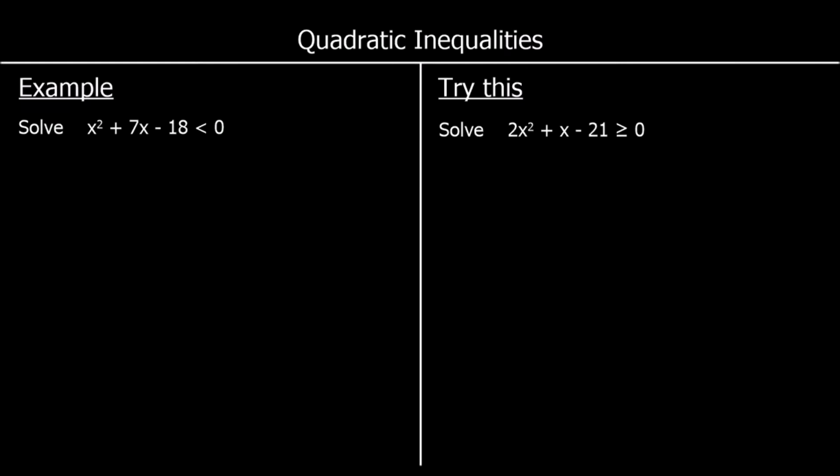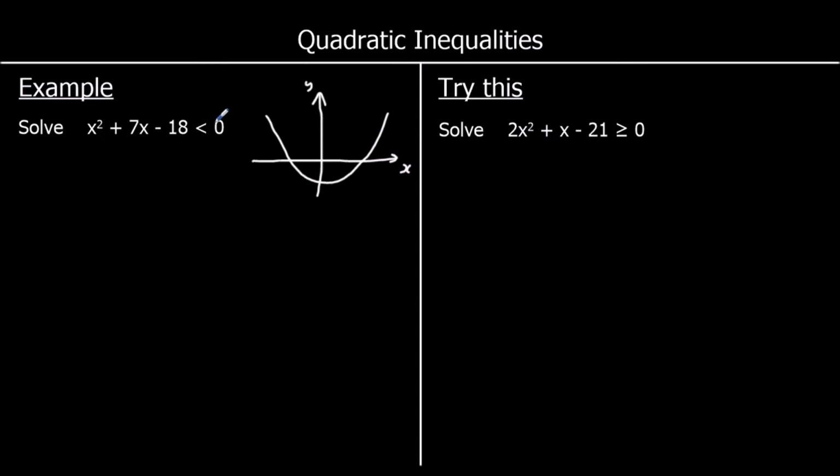Quadratic inequalities. The question here says solve x squared plus 7x minus 18 is less than 0. So we need to find the values of x, or the range of values for x, that makes x squared plus 7x minus 18 less than 0. If we think of this as a graph, so we've got a quadratic graph, it looks something like this, roughly, and